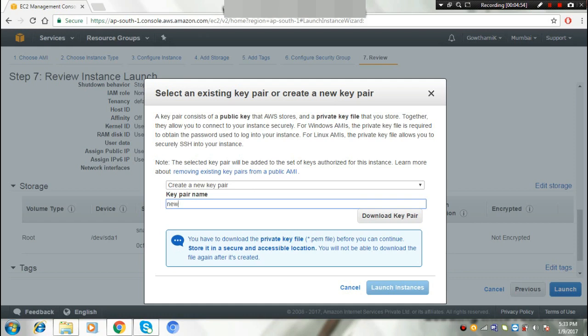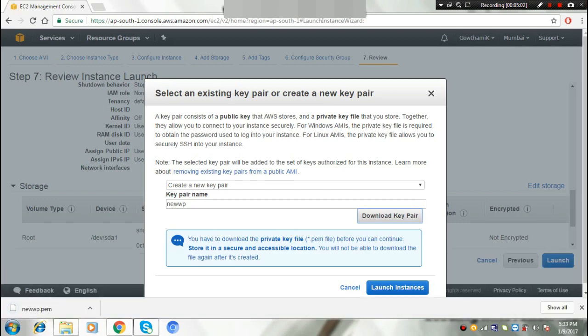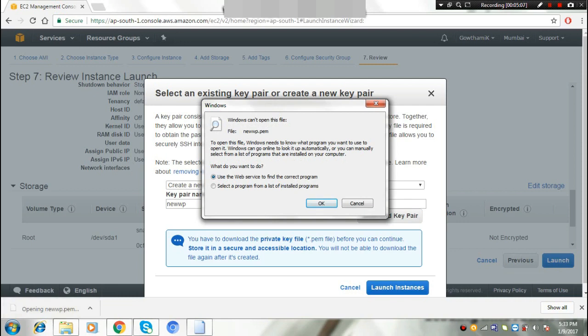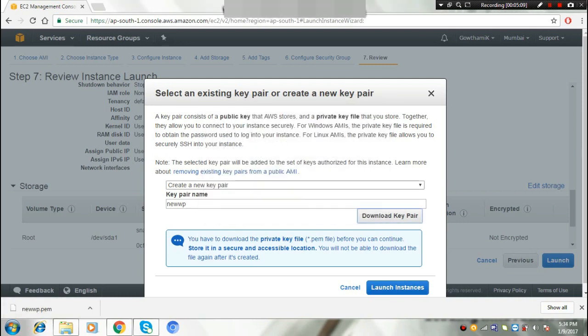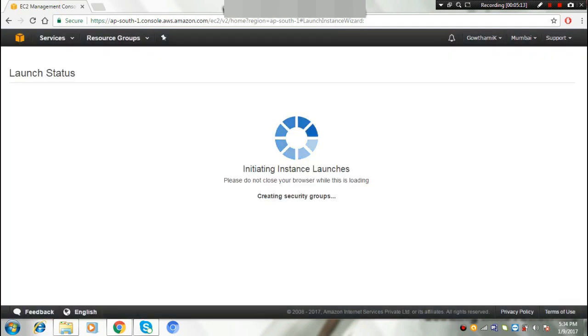You create a new key pair here and write a key pair name. Click on download key pair. Now the key pair gets downloaded, in the form of .pem.